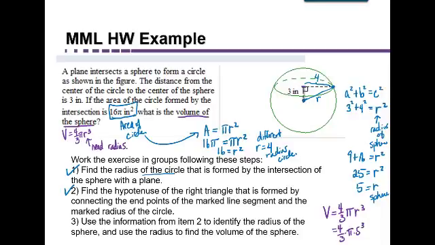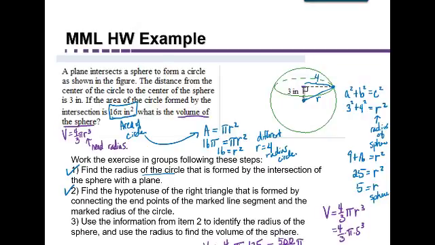Now 5 cubed is 125. So the volume of the sphere equals 4/3 times pi times 125. Think of the 125 over 1. 3 does not go evenly into 125, so we're just going to multiply straight across. 4 times 125 is 500